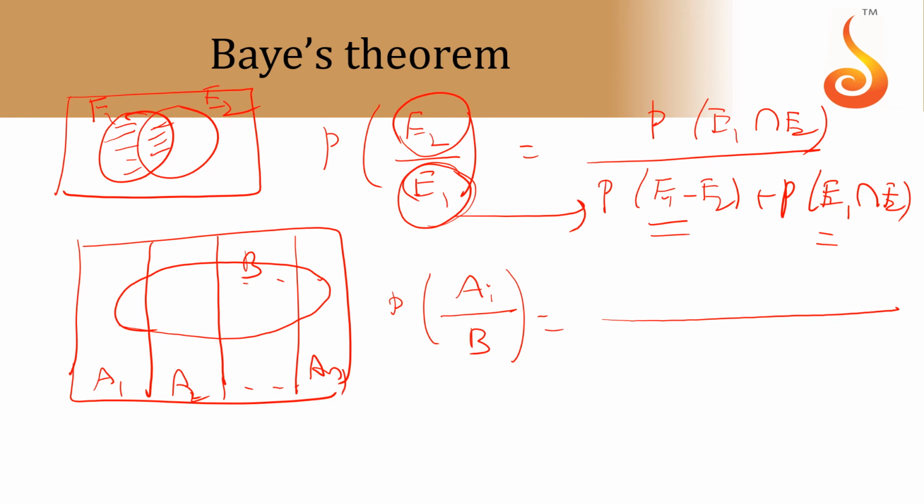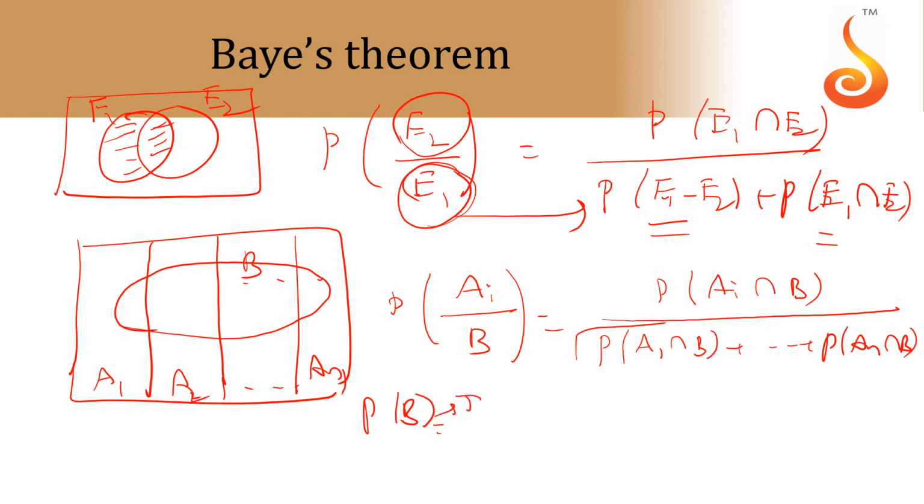Write it with that division symbol. So you know that in the denominator you should get P of B according to conditional probability, but that B, if you observe, you can split it into P of A1 intersection B, so on, P of An intersection B. In that I want some Ai intersection B in the numerator. The denominator whole sum is called P of B. The P of B is called total probability.